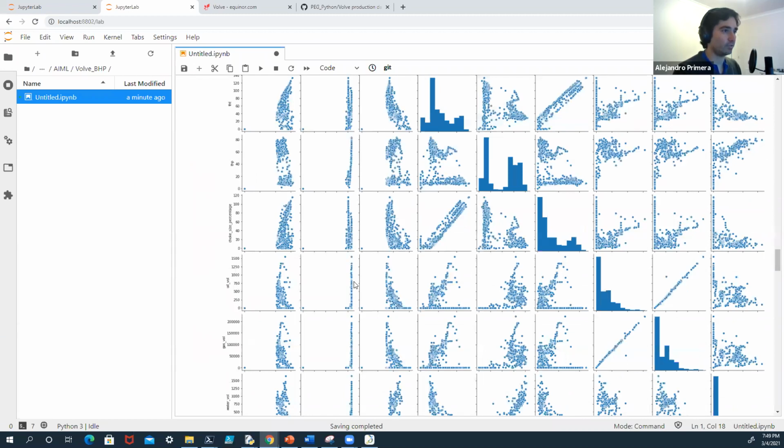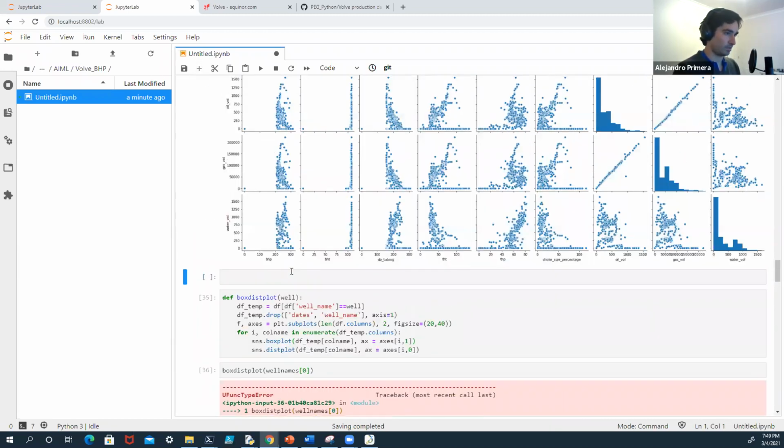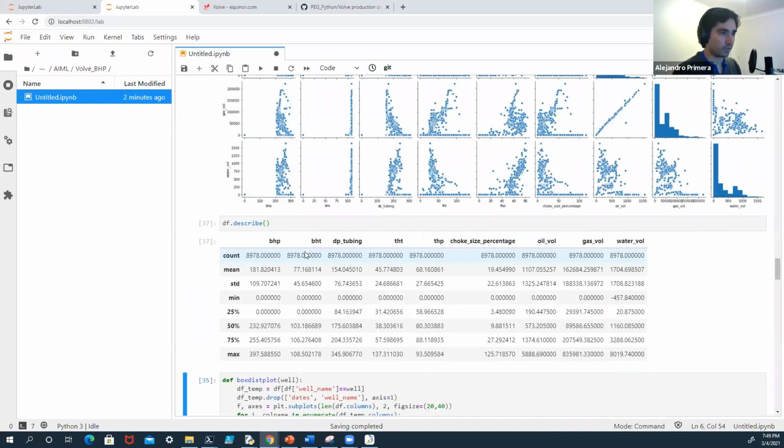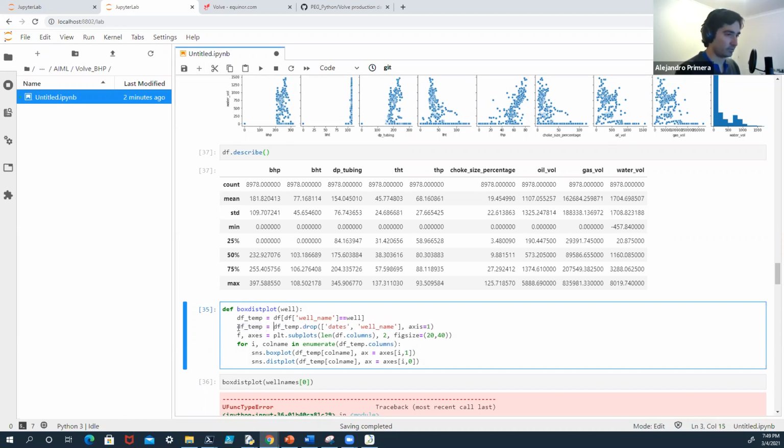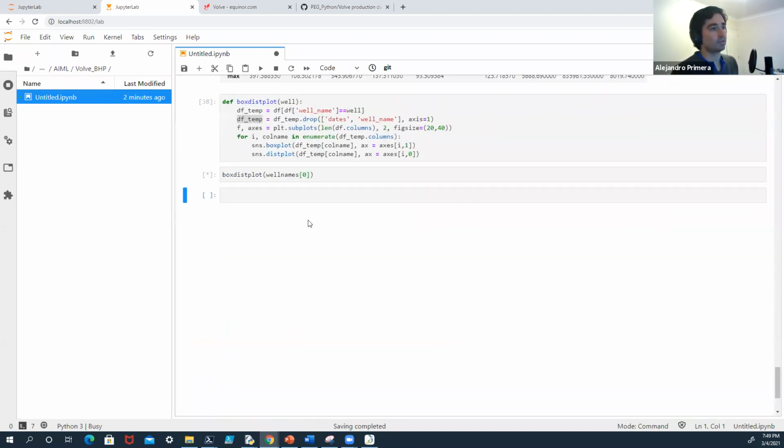And in fact, if I do a df.describe, I have all those with values. I drop here, oh, df drop, I'm missing this. I'm dropping, but I'm not storing the results of the drop in the variable. Okay, so if I do that, and I'm passing the first well,